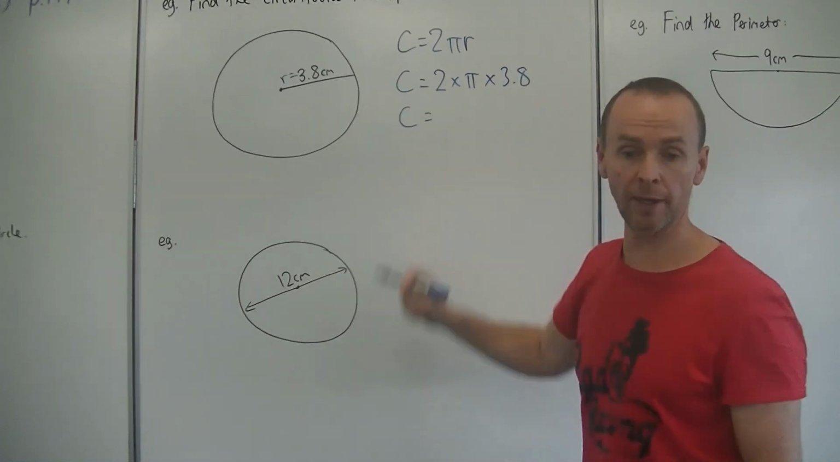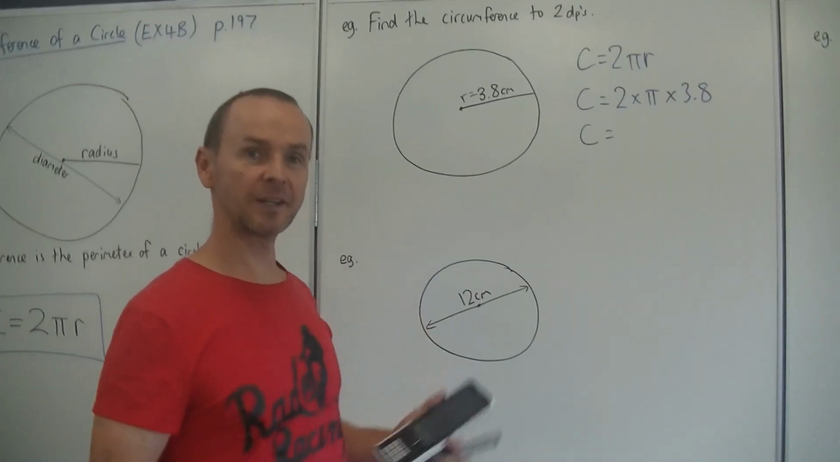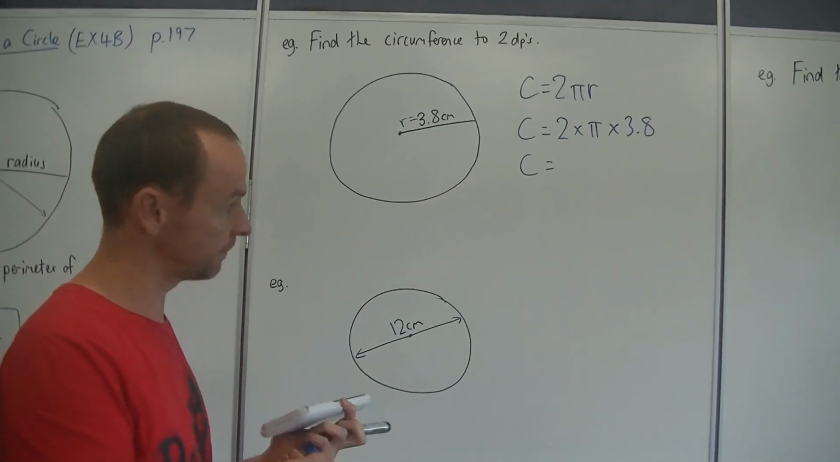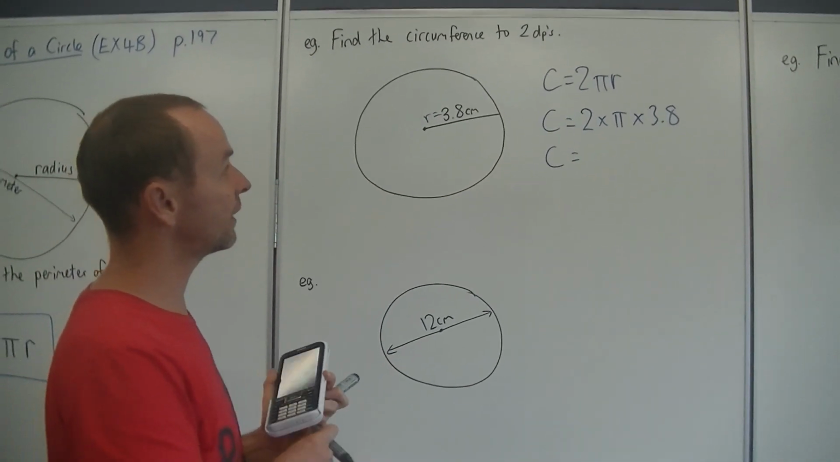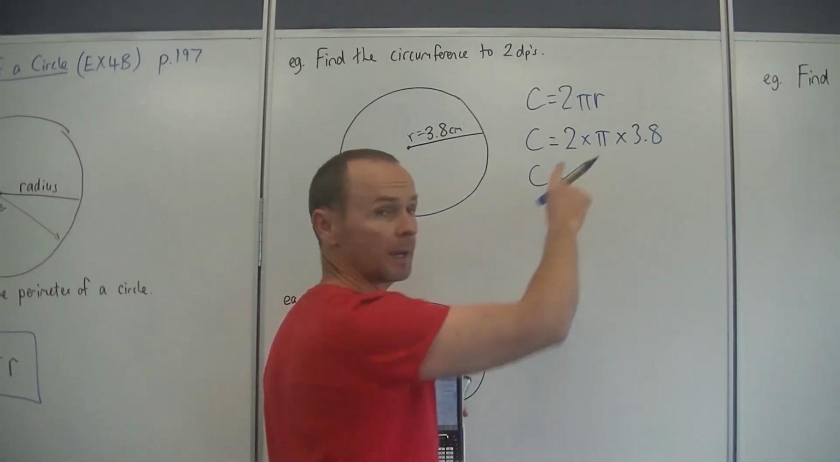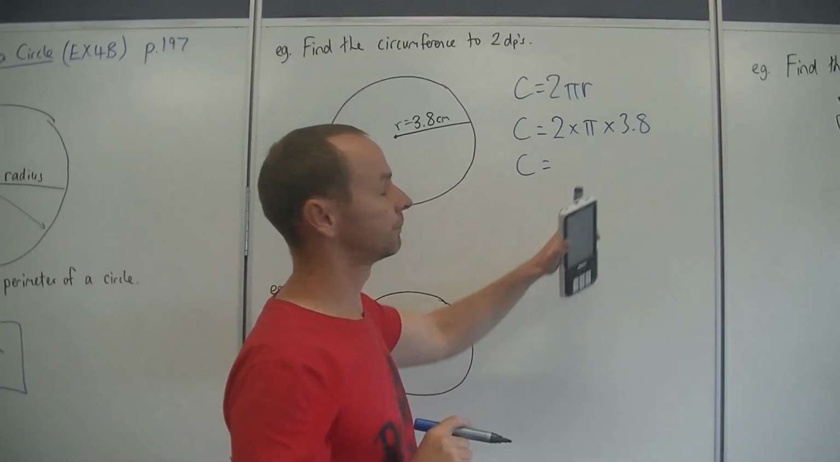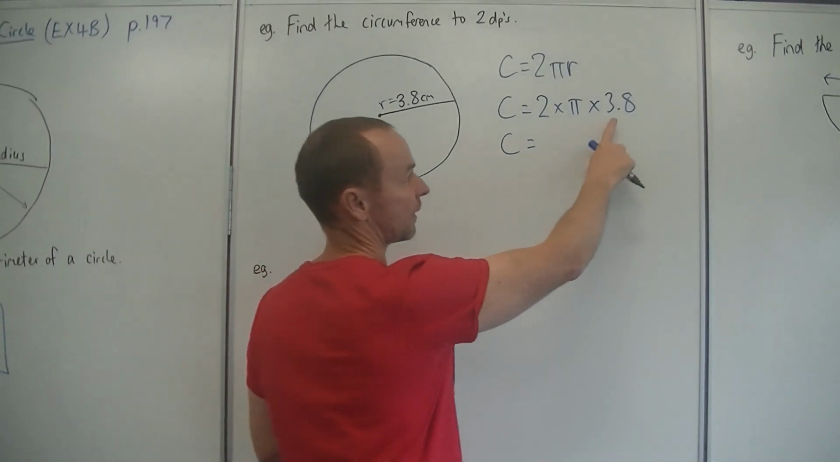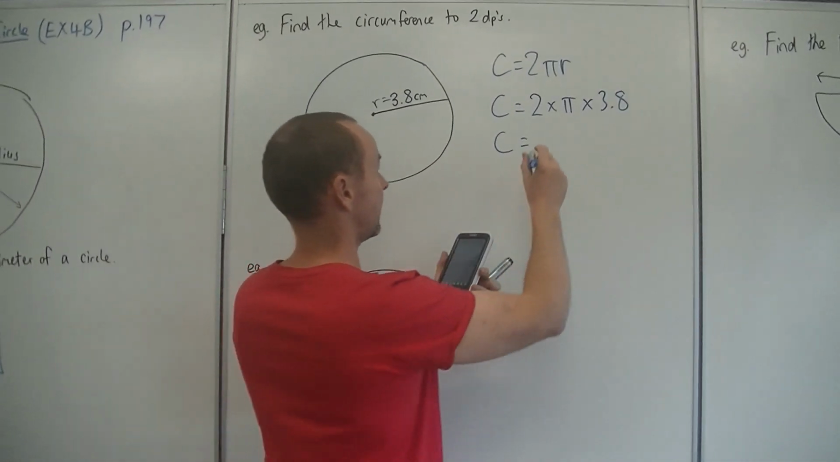Now that we've written all that down, we grab our calculator. I'm using a CAS one from VCE, but you just use your basic calculator. All you have to do now is type in 2 times pi. Pi is on your calculator. You know where that is. And times by 3.8. And I get the answer of